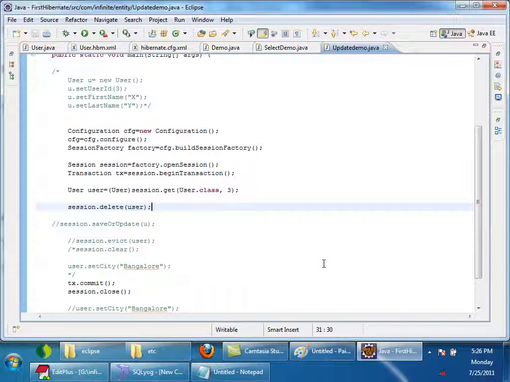I might have saved some 10 entries here or deleted some 10 entries. If it is postponing the propagation to the database as late as possible, it can fire all the queries as a batch. Batch statements will always increase the performance.